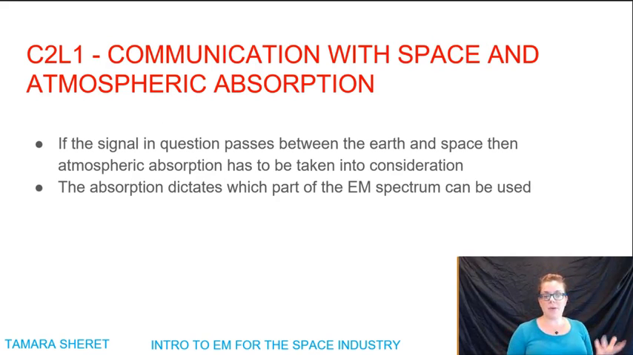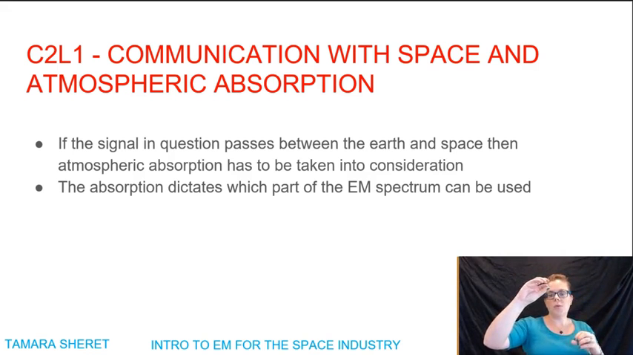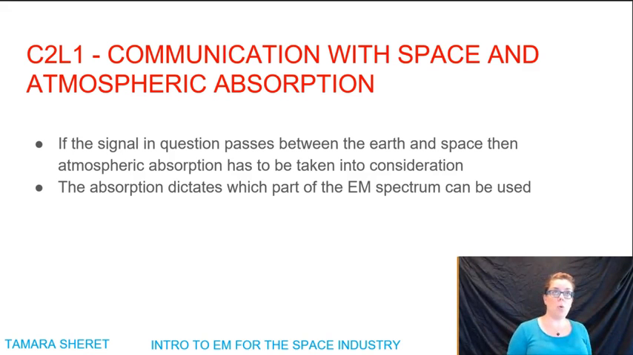So the problem we have in the space industry is that we're on Earth and our satellites are in space, so we have to get a signal between the two, which means passing through the atmosphere. And this atmosphere is going to attenuate our signal, it's going to reduce its strength. So the absorption of the atmosphere of different bits of the electromagnetic spectrum actually dictates what part of the spectrum